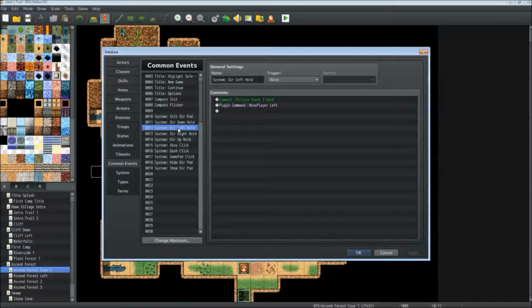So the same goes for this dpad left hold. I have a move player left. For the button right, I have a move player right, and the up also, I have a move player up. So once you have these 4 directional button events, the next thing to do is the OK click event. So here we want the button action picture that when it is clicked, it will trigger the button OK, and